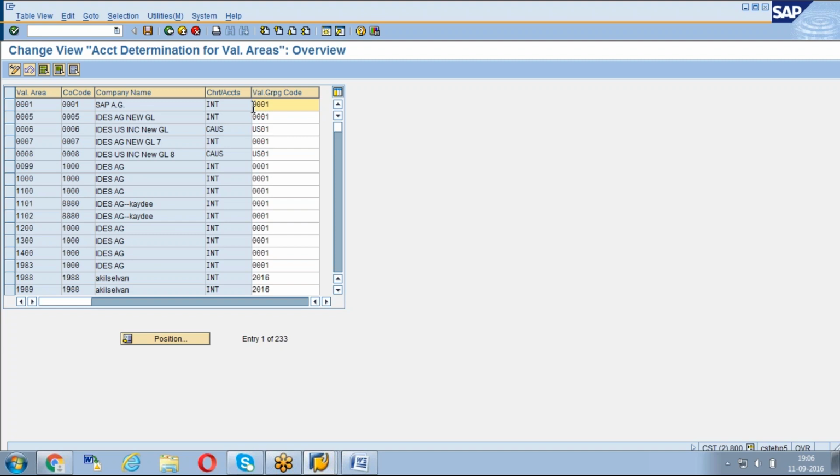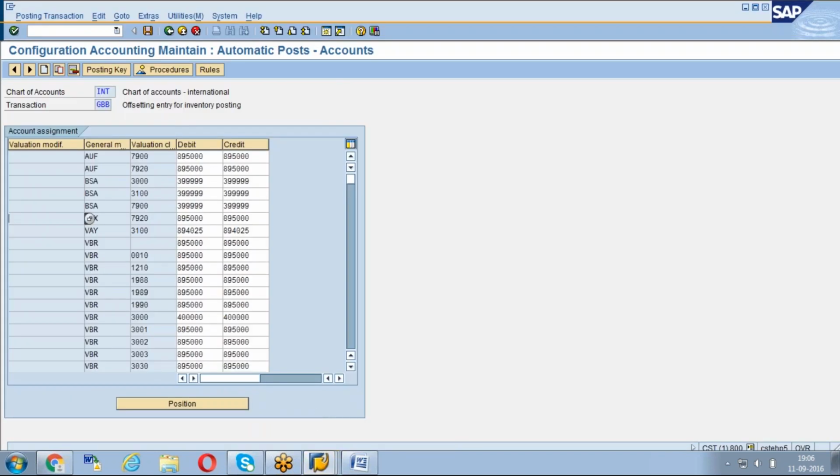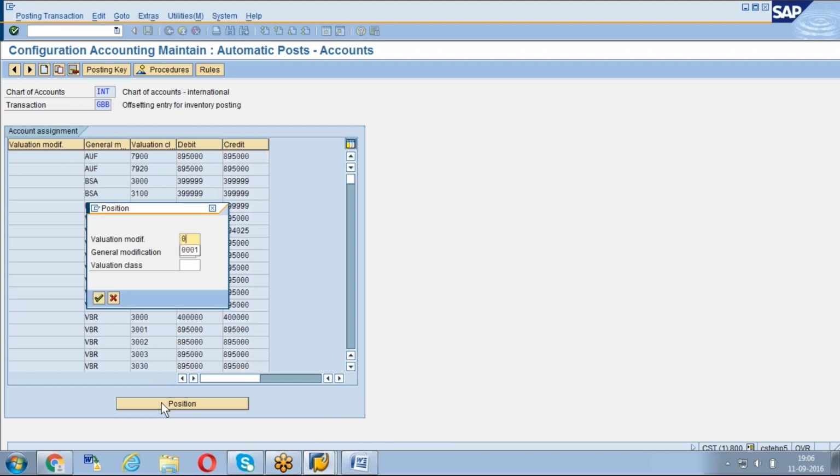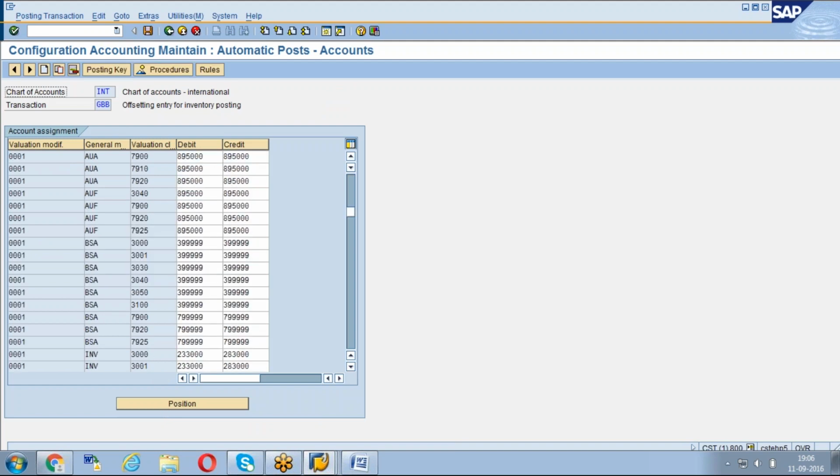Now, if you see this, here, this is the valuation modifier, right? Valuation modifier and valuation grouping code both are same as I told you. See this 0001. 0001 is assigned to this combination of general modifier and valuation class, and this line is there, right?